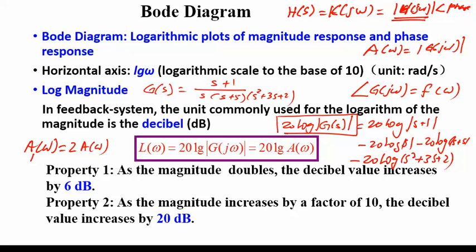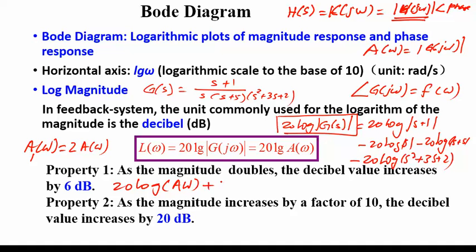What happened to the value in decibels? If we increase the magnitude by 10 times, then the value in decibels will increase by 20 dB. If we double, it will increase by 6 dB, because this becomes 20 log A of omega